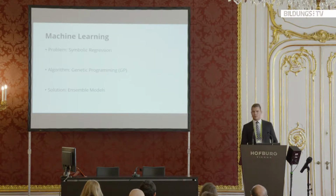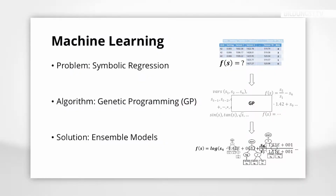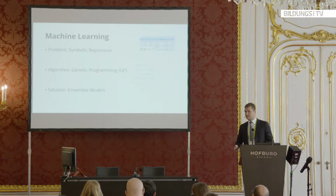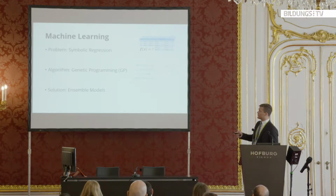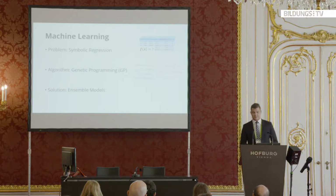Okay, what we employed to tackle this problem is we try to develop prediction models. This is done by so-called machine learning, a data analysis approach. We use the method of symbolic regression, which means we're trying to find out of these data sets a function, an estimation for the remaining useful life cycles. Therefore, we employ several symbols, since a symbolic regression function, such an estimation function, is a mathematical function. We employ several symbols and try to find the best function, which gives us a reasonable estimation of the remaining